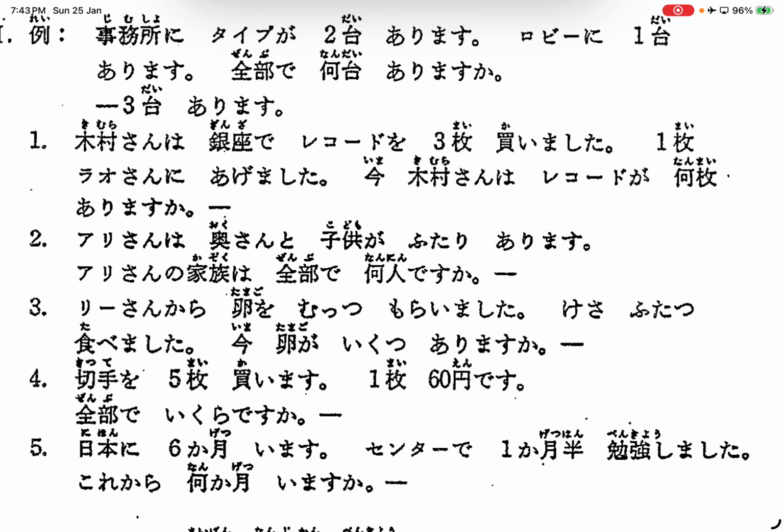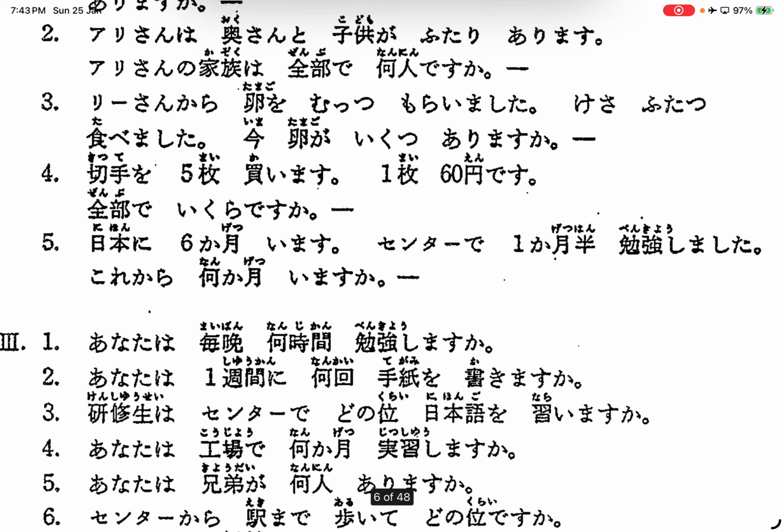300円です。Okay, 300円です。Thank you. Right? Then the yen, we don't say the yen, right? So we just say 円, right? 300円です。300円です。Very good. Number 5, Warren. 日本に6ヶ月います。センターで1ヶ月半勉強しました。これから何ヶ月いますか？